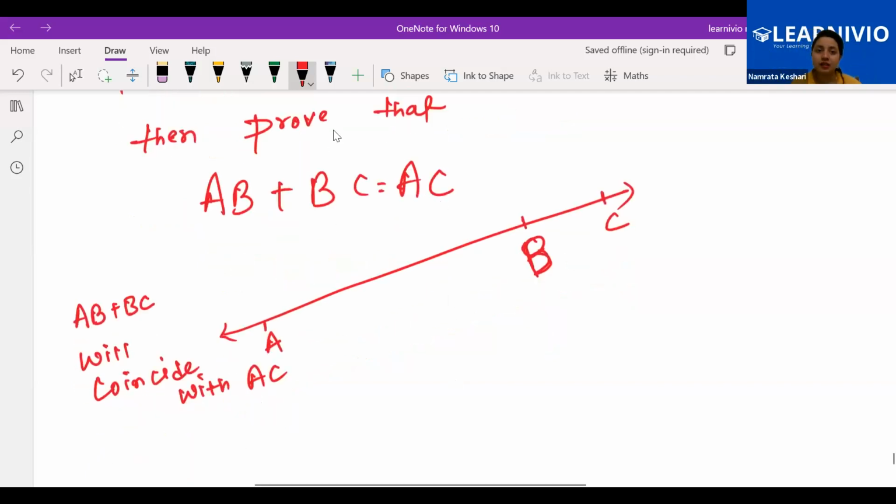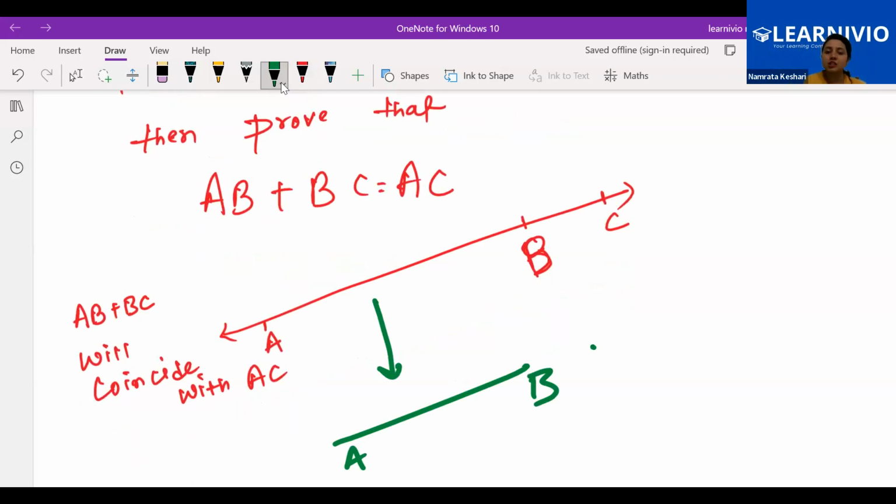Suppose you have taken the same measurement length, AB. Okay, AB. The same measurement, whatever is AB over here, you have taken AB. And then BC, whatever measurement BC is, be it 2 centimeter, 1 centimeter, 3 centimeter, whatever it is, you have taken BC separately. Now your AB plus BC, when you add both the lines, it is going to completely cover this line AC. Yes or no?